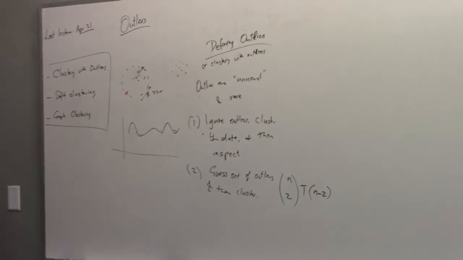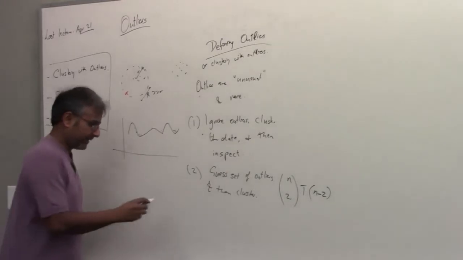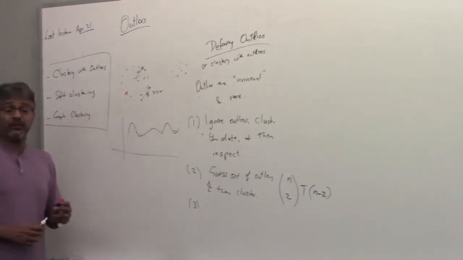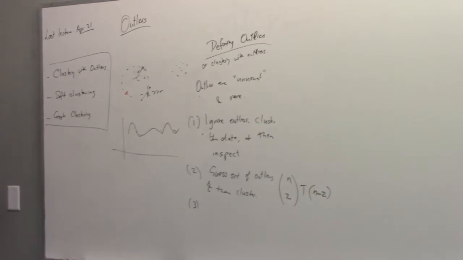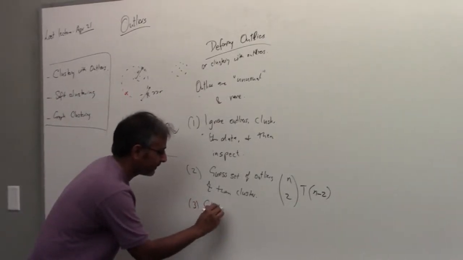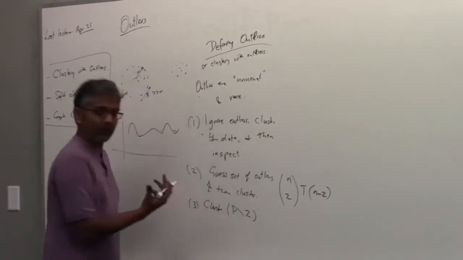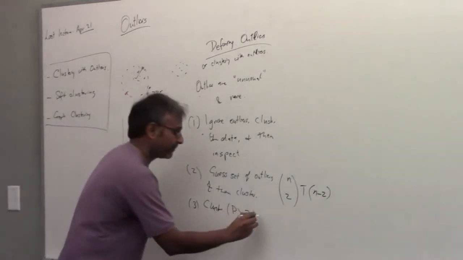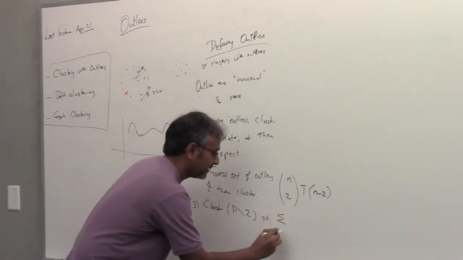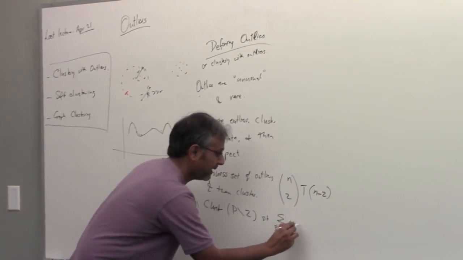Another way to generalize this idea, a third way to deal with outliers, is to say, maybe you have some information about your data. All data points are not treated the same. You have some information, and maybe you have some weight function. So now you're saying that you want to cluster, let's say, the set of points minus some set Z, which is your outlier set, such that the sum of all weights, so let's say the sum over p_i belonging to Z of w_i,